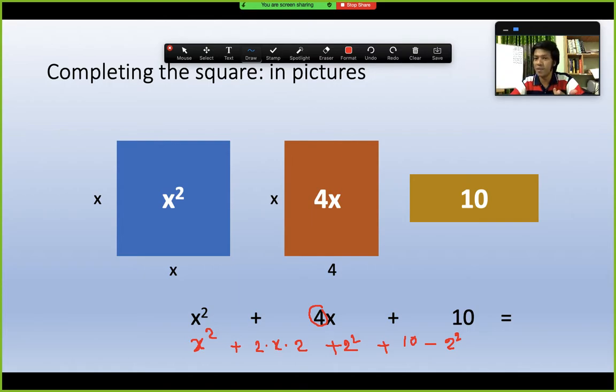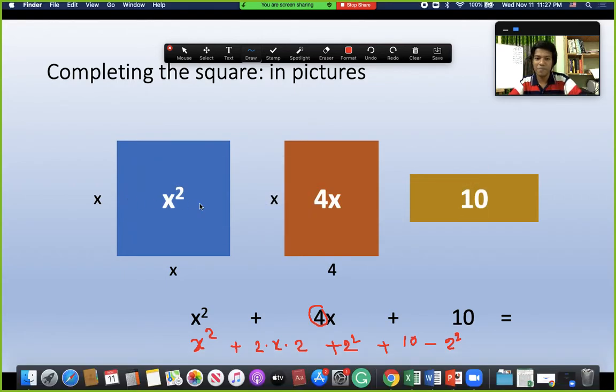Suppose 6 is given, you can write 2 into 3. If 8 is given, 2 into 4. Or if 10 is given, 2 into 5. We can break it down. But when some odd number is given, then you have to start thinking again. How can we match it? How can we make this a square plus 2ab plus b square, or a square minus 2ab plus b square, in such cases? So we have this, and see, the only extra thing that we have written here